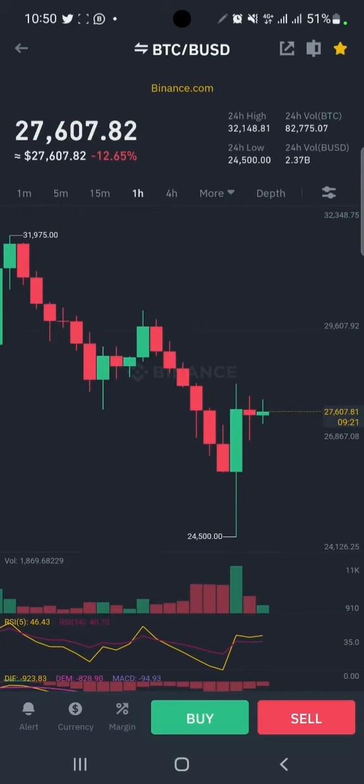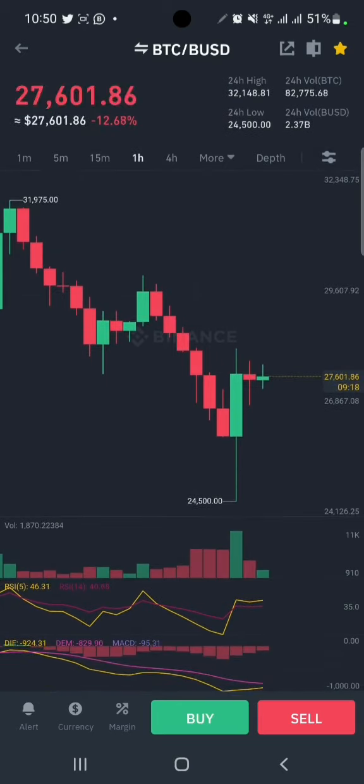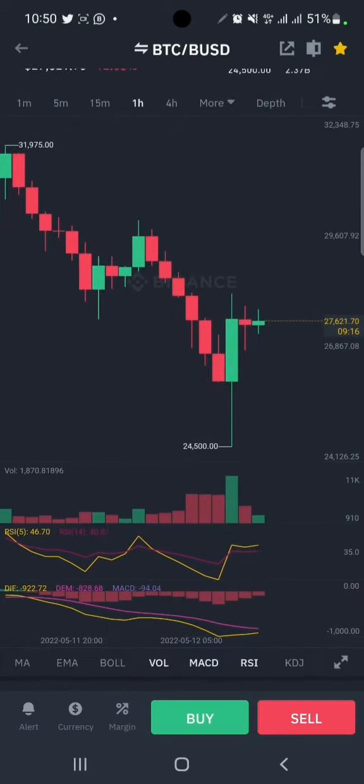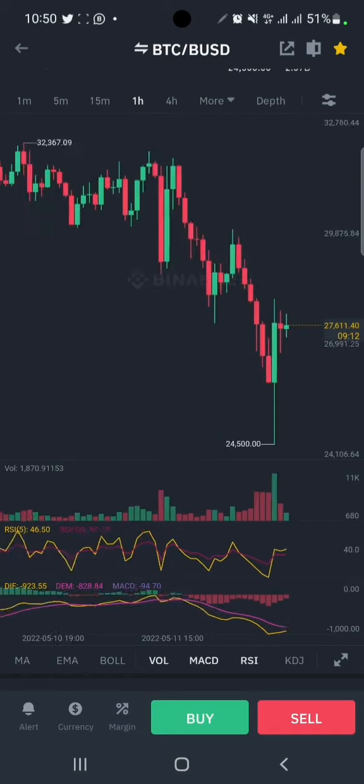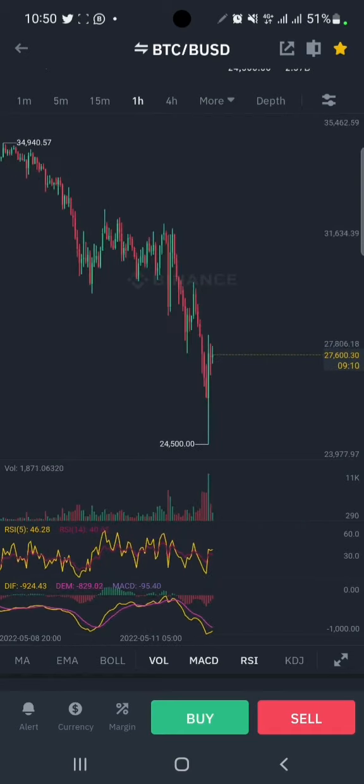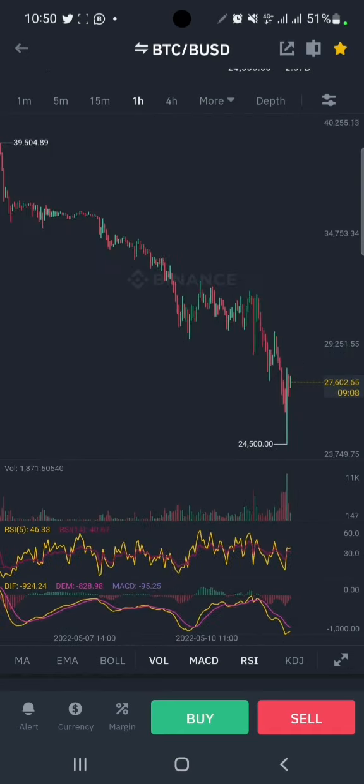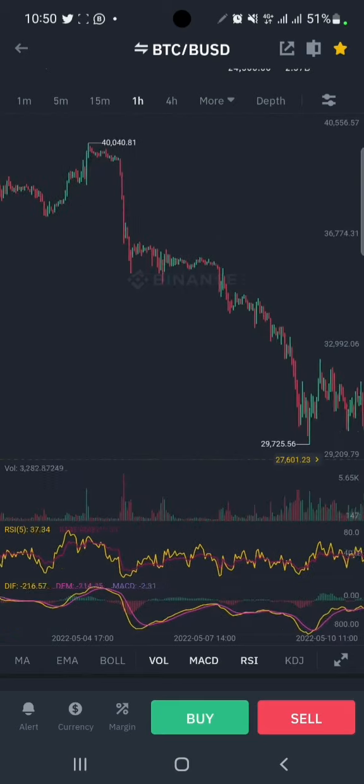So you just have to pay attention to all these things and combine the use of all the indicators that you have at your disposal, and that's how you take decisions. You don't take a decision based on one, you take decisions based on a